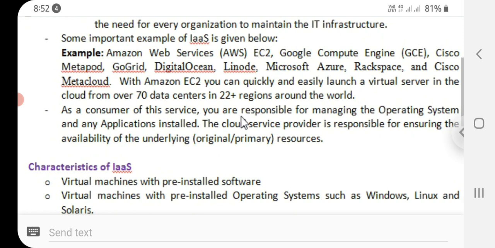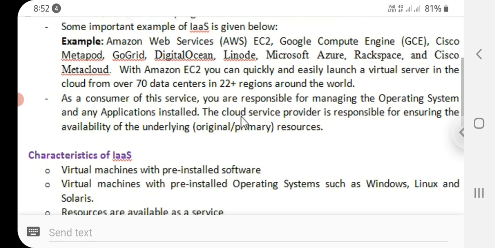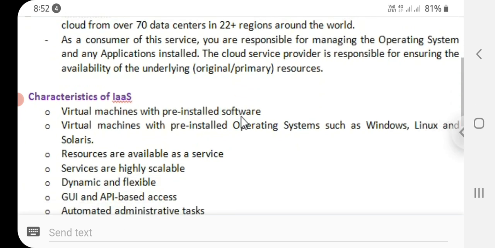That is what Amazon EC2 contains. So as a consumer of this service, you are responsible for managing the operating system and any applications installed. The cloud service provider is responsible for ensuring the availability of the original or primary resources.